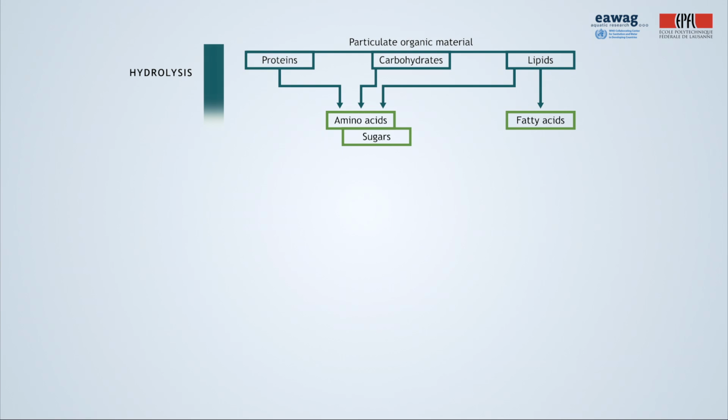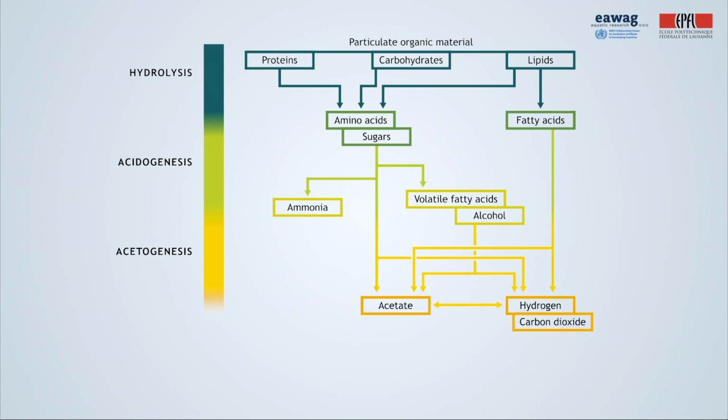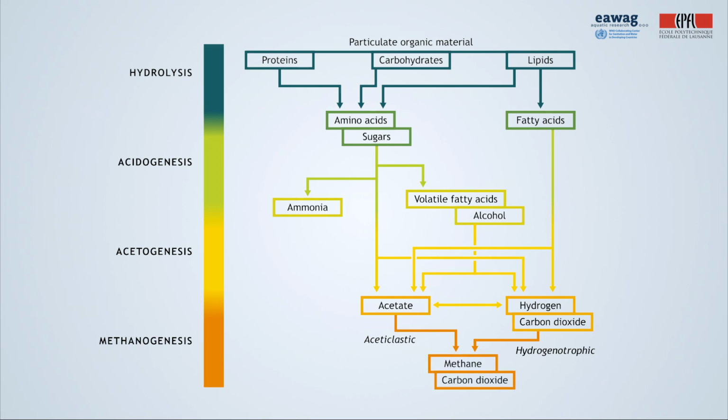The second step is acidogenesis. That's where sugars and amino acids are converted. The third step is acetogenesis. That is where the substances are then transformed into hydrogen, carbon dioxide, and acetic acid. Finally, the last 4th step is methanogenesis, where the methanogenic bacteria convert hydrogen and acetic acid into methane gas and